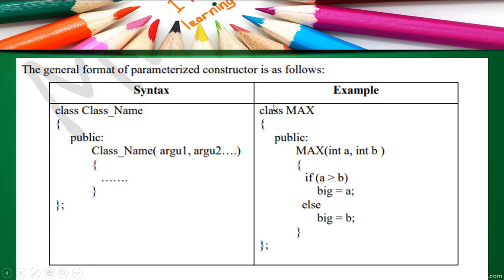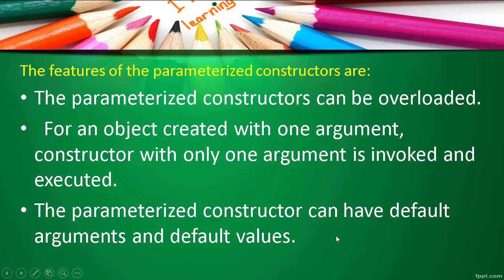Coming to our constructor, what is a constructor here? It is a parameterized constructor. Max and max, both names are the same, and it has been declared under the public section. So this is the constructor, and what type of constructor is it? A parameterized constructor. How can you tell it is a parameterized constructor? Because it has the arguments int a and int b. So this is a parameterized constructor.